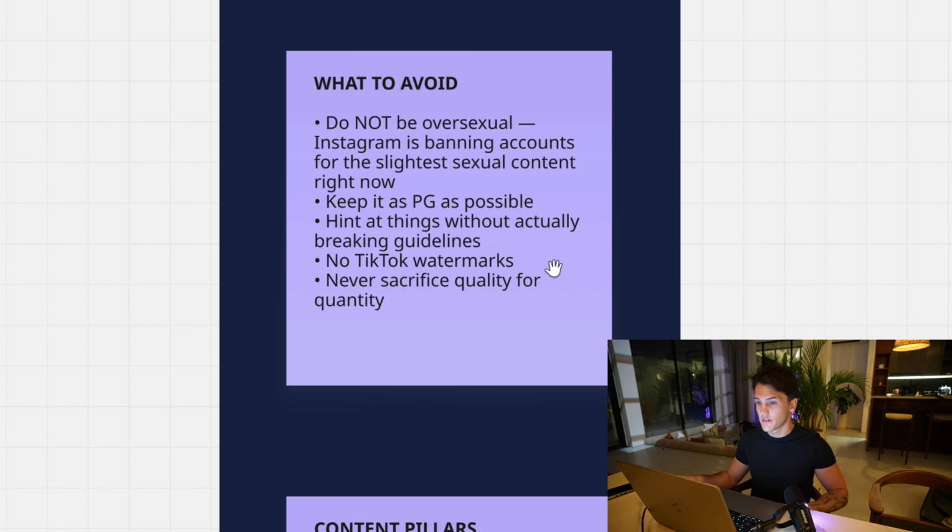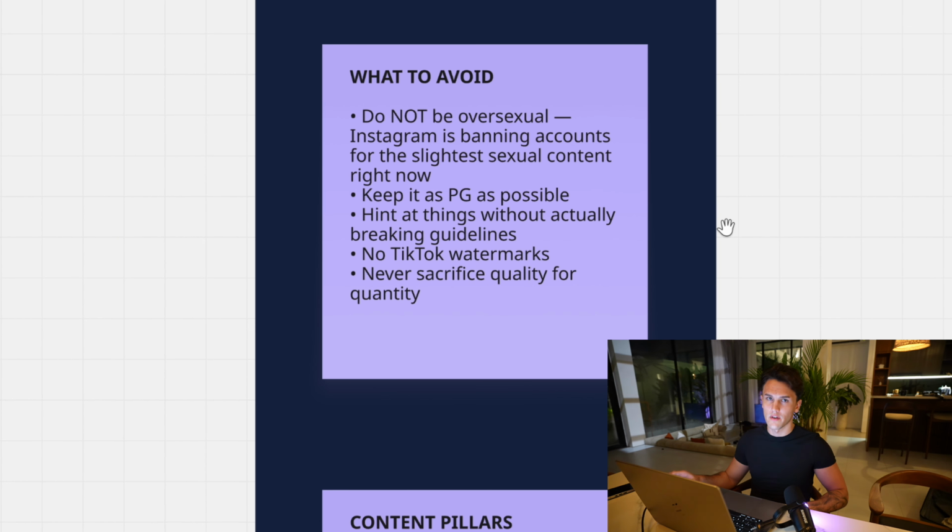What to avoid. This is super, super important, especially in the last 3 months. And I'm gonna go on to how to actually protect your account a little bit later in the video. Do not be over sexual. Instagram is banning accounts for the slightest sexual content right now. You wanna keep it as PG as possible, hint at things without actually breaking the guidelines, make sure there's no